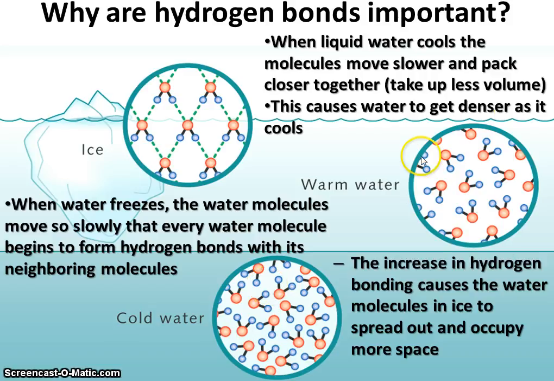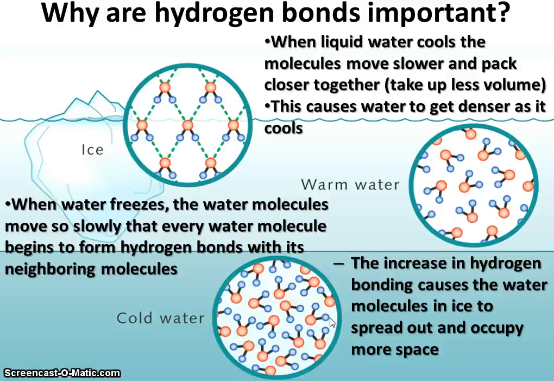If you look at this area of water, there's a lot less mass of water molecules in the warm water than in the cold water. So warm water would float on cold water. But remember what I said about temperature. The colder you make anything, water included, the slower its molecules begin to vibrate, and in water's case, the more chance they have to form hydrogen bonds and not break them.